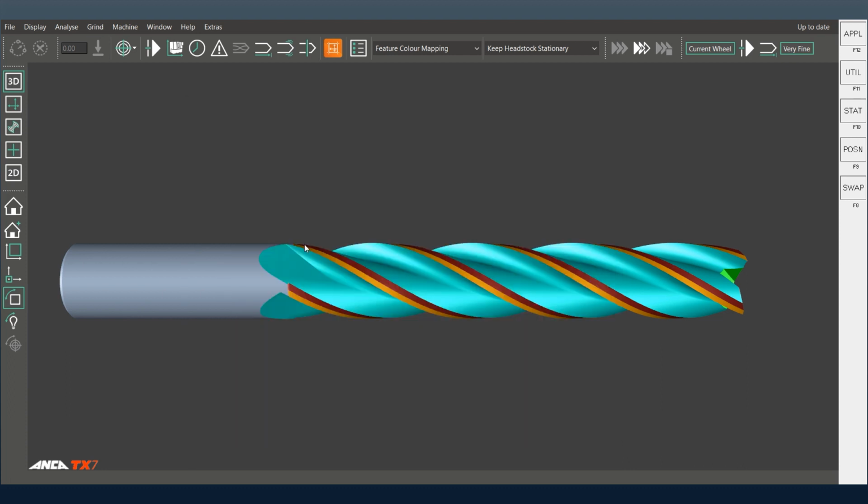So when you are doing long series end mills, if there is deflection or there is a back taper or something you want to eliminate on the OD, this is the best way to compensate long series end mill.